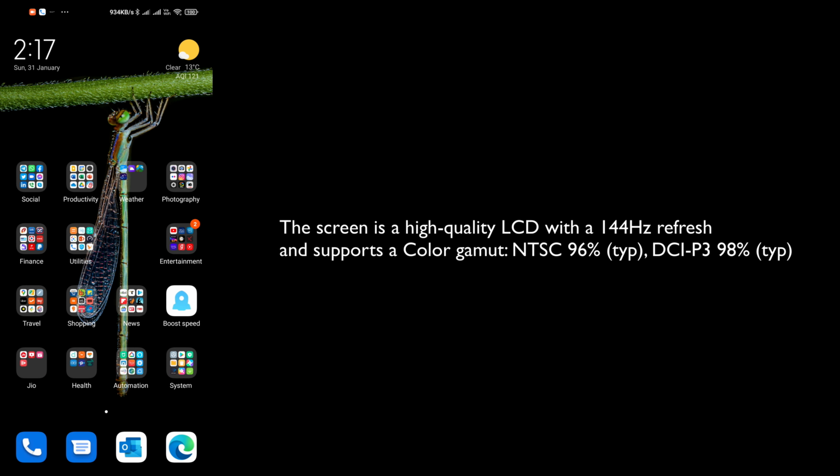The screen is a high quality LCD with a refresh rate of 144 Hz. As a person who is into photography, I prefer the high quality LCD to an AMOLED screen since the LCD has truer colors.